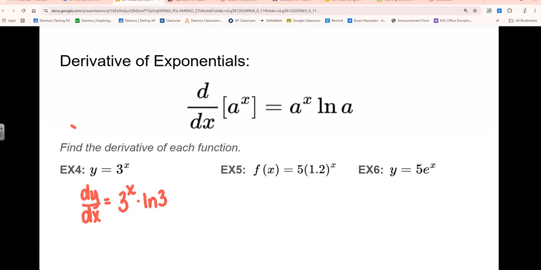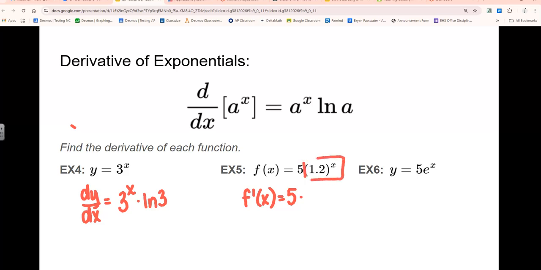That's it. It's mostly just having the rule memorized. Okay. Now, if I look at 5, it's a little trickier because I do have this 5 out front, but that 5 is just a constant, or a coefficient. It's like a scalar multiple, right? So whenever I take the derivative of this, I can just let the 5 sort of hang out front